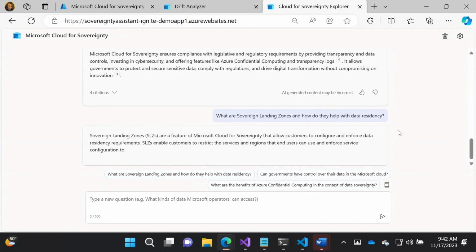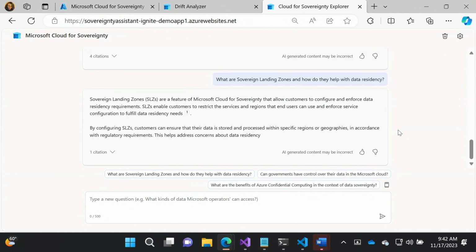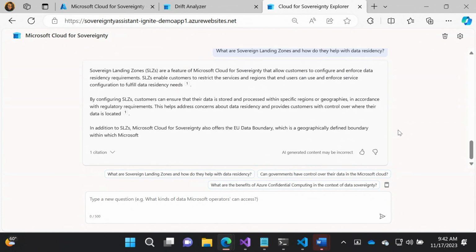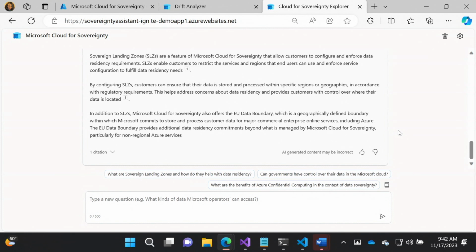So we hope that using this assistant will actually get you to the right information that you need in a short amount of time. In a matter of a minute, I was able to actually get bits of information that I needed that I could actually deep dive. And this will help me to get started using all the tooling and capability that we showed you earlier. So with that,